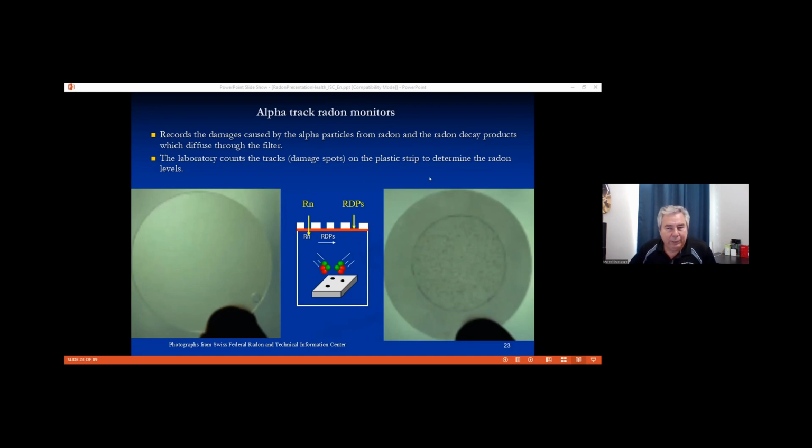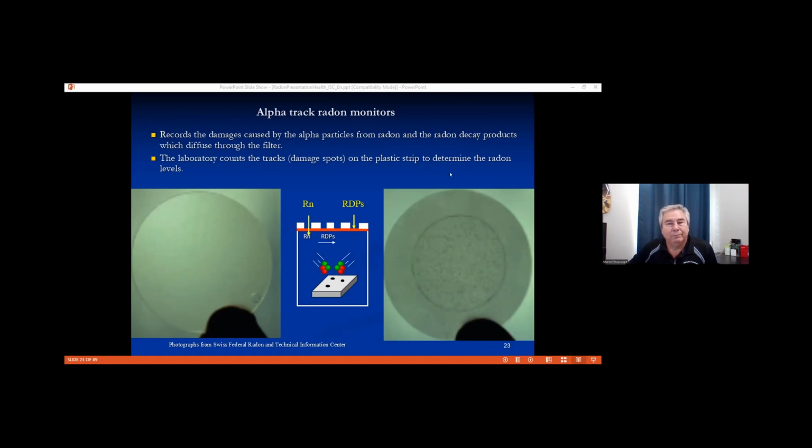The big question here, if that alpha particle could make a mark on a piece of plastic, imagine the damage that it's doing inside your lungs. So remember that. That alpha particle is like a cannonball. It's big, it's heavy, doesn't go very far, but when it hits something, it creates a lot of damage. And we could see it here. This is a very common type of measuring instrument that's widely used in Canada, alpha track detector.